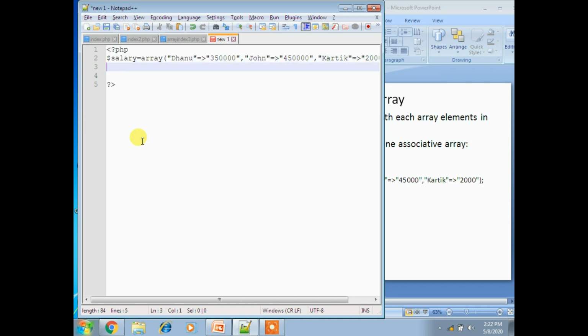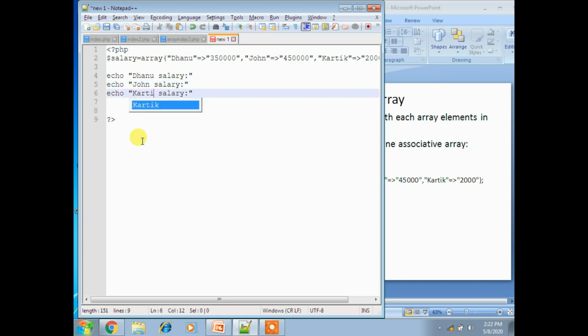And now terminate this and use echo statement, echo. Here I am using my name, which is the salary of the value. So we have to take three different echoes for printing three different values. The next one is John, and the next one is Karthik. For each and every thing we have to concatenate the variable